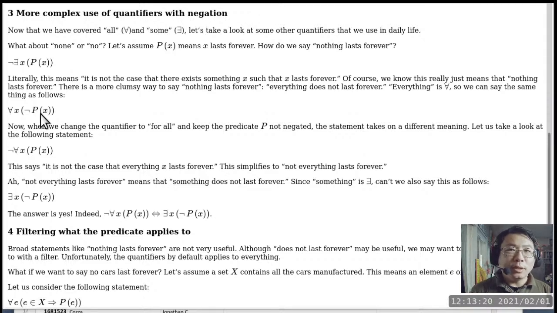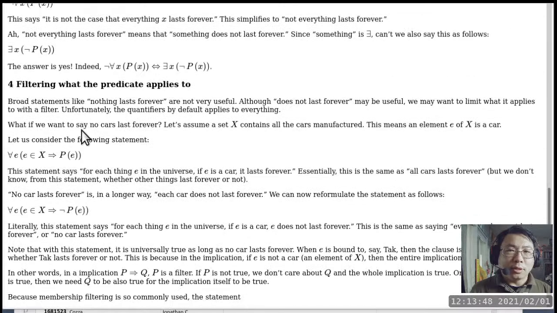So that means, in order to use especially the universal quantifier, we kind of need a filter, okay, to basically say no, no, no, we are not applying p of x to people, we are not applying p of x to cars, we are not applying p of x to things where whether it is even or not does not apply. Okay, so that's what section 4 is talking about.